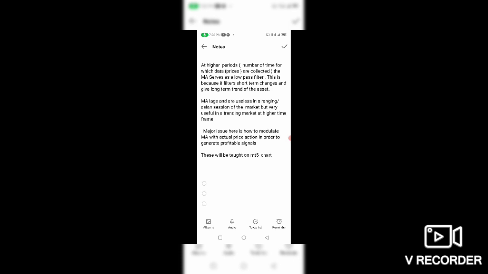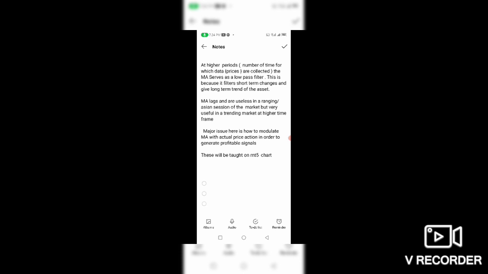But before I continue, know this: whether it is a simple or exponential moving average or another type, because there are other types like the linear weighted moving average and all of that, any of them you are using, they are lagging. The reason why they are lagging is because they are calculated from the actual price, and most of the time the actual prices being used are weighted, meaning that they place certain importance on some prices and the value goes up or goes down.